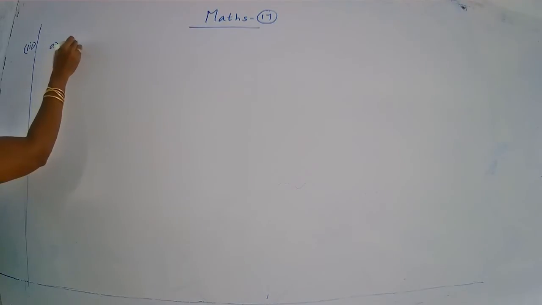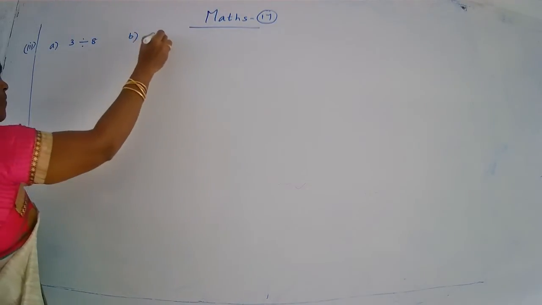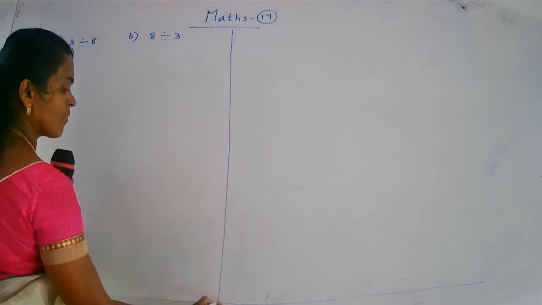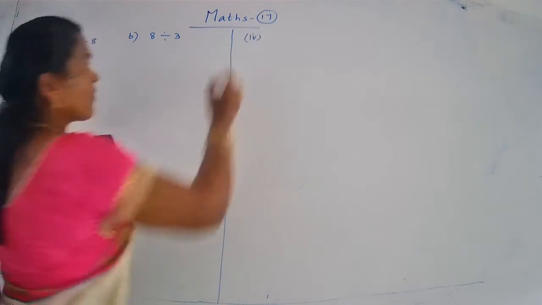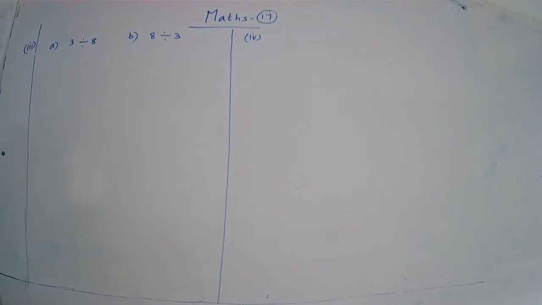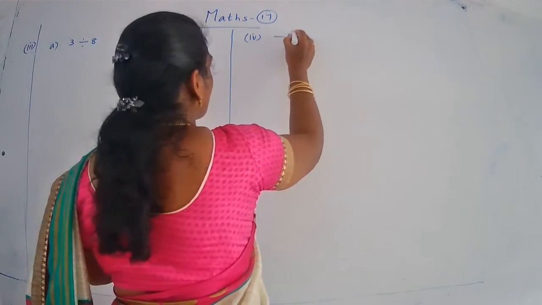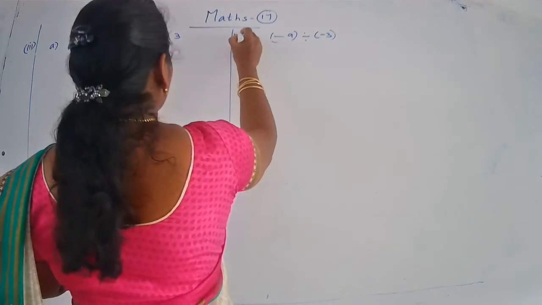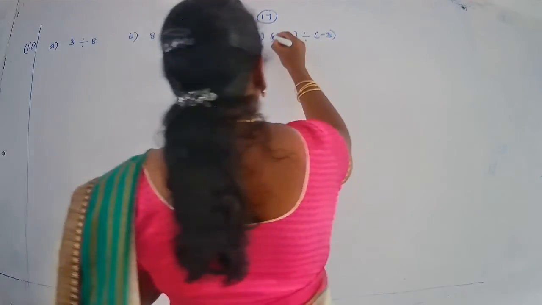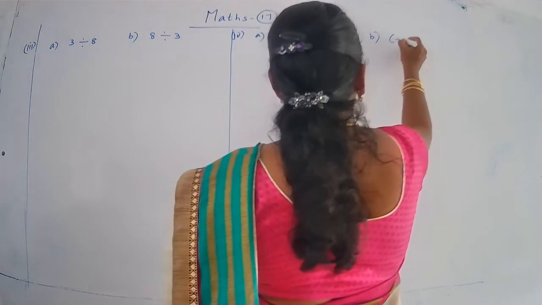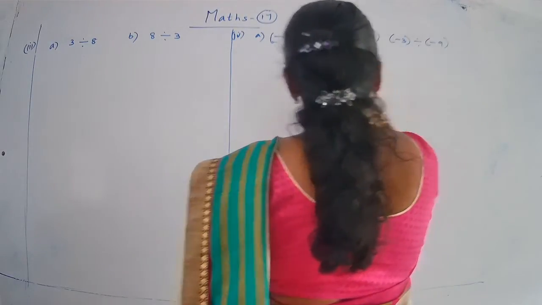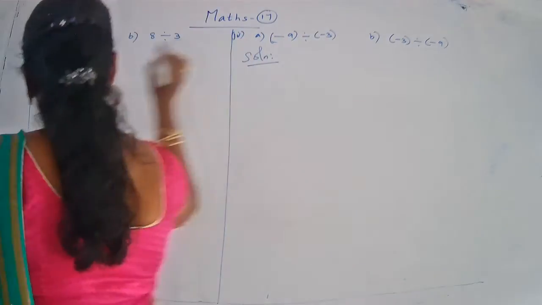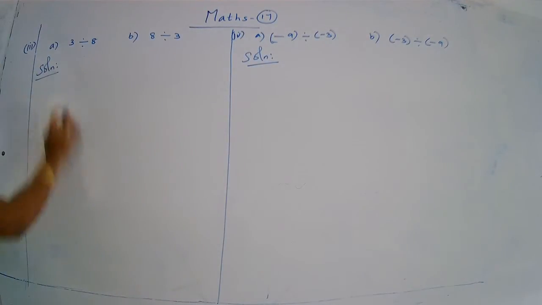All of you listen. You see the question? Same type of question only. Solve both the parts and compare the answers. Are they same? First part, A part is 3 divided by 8 and B part is 8 divided by 3. So here we have to find the value of 3 divided by 8. A part is 3 divided by 8. 3 divided by 8 can be written as 3 upon 8. Here any common factors between numerator and denominator? No. So that's why the answer is 3 upon 8.